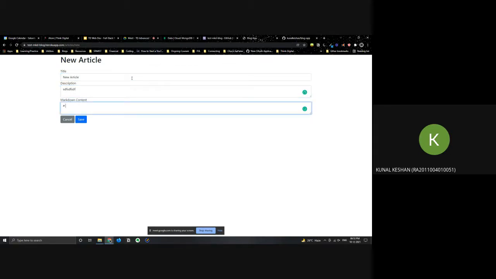So a hash means title, 2 hashes means subtitle, and then a dash means an unordered list. And then the 3 backticks mean some HTML code, right? I mean, not necessarily HTML. It's just that 3 backticks means you're enclosing some code in there.